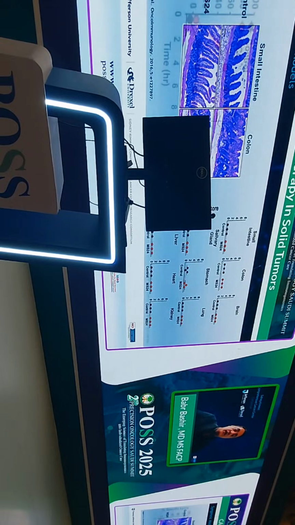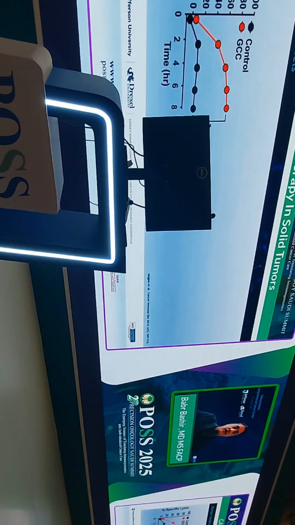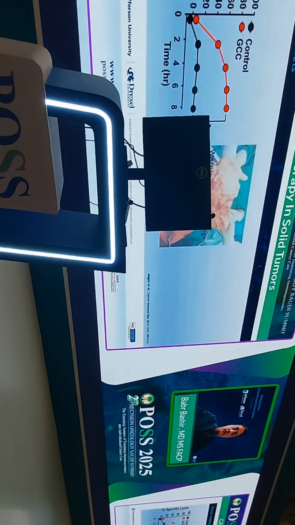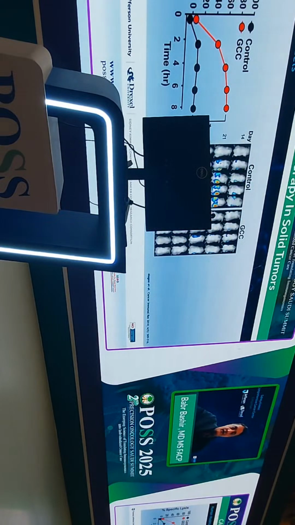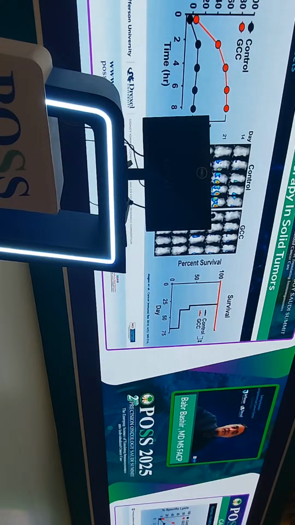Now, we need to test this in the context of human models, so we developed GCC CAR T therapies against human GCC, and we used that in in vivo experiments. In vivo, we saw significant lysis using GCC CAR T therapies, and we also saw patient-derived xenograft models and improved survival in that context. Now, this is very, very promising, both in the context of colorectal cancers, but let's talk outside of